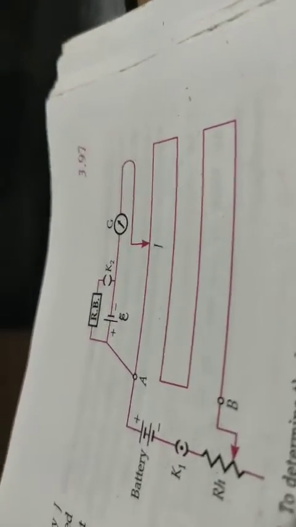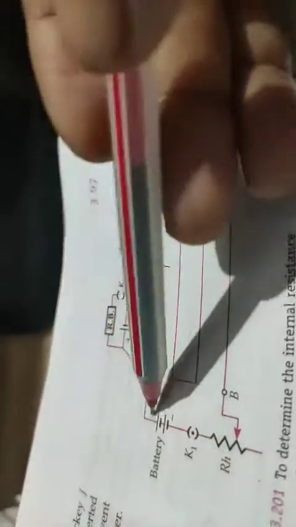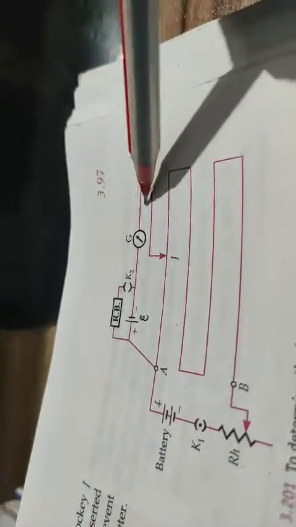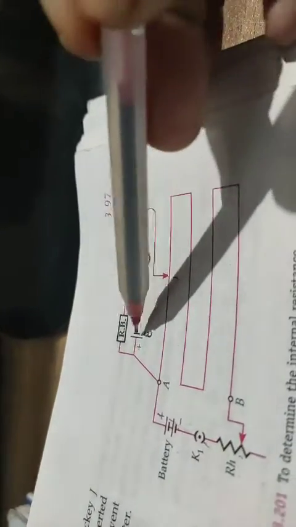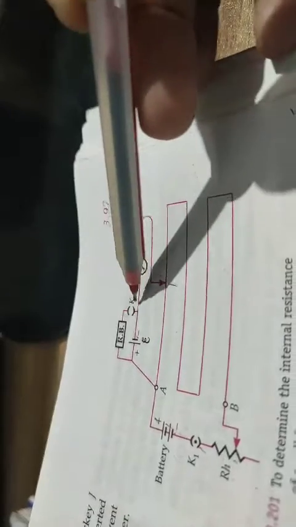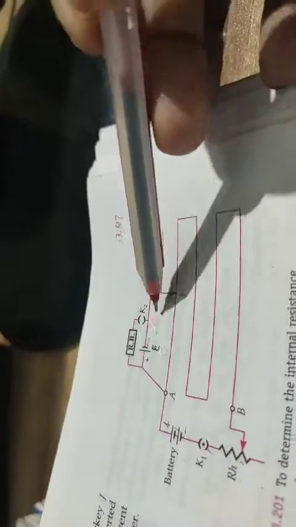Clear to you? Now student, we will move to the internal resistance. For internal resistance, student, you have to see this diagram carefully. See, this is the battery. This is the one circuit which you have to remember. This is a total potentiometer. Okay, this is one battery. This is the key. This is the rheostat. Separately, I have connected this cell which has EMF E. Key this one. This is the galvanometer. This is the down part attachment. Clear? And this is the potentiometer.